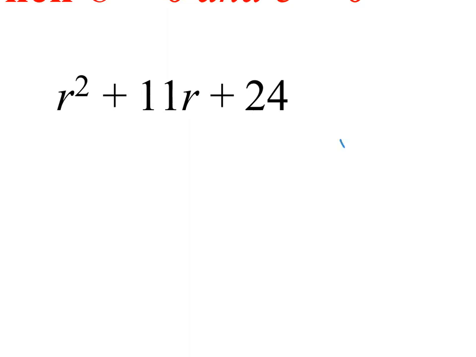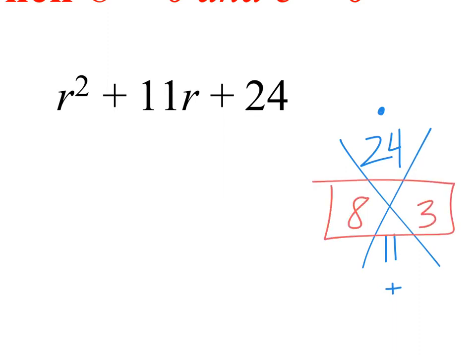I need 2 numbers that multiply to 24 and add up to what? 11. Don't say it out loud yet. I want everyone to have a chance to think. Think about what are the 2 numbers that multiply to 24 and also add up to 11. If you know, you could raise your hand. That'd be helpful. What are they? 8 and 3. Good. So your 2 numbers